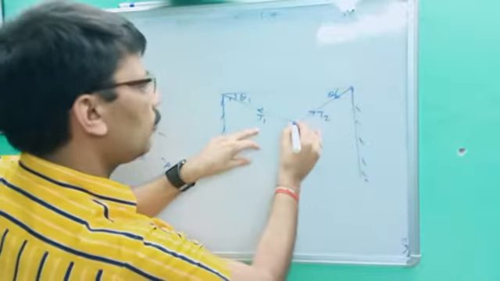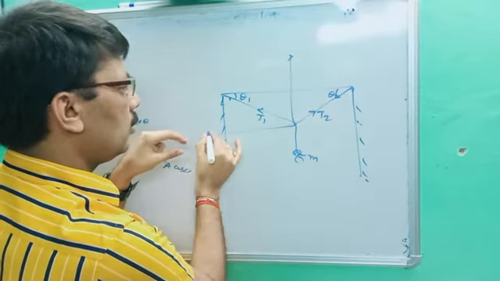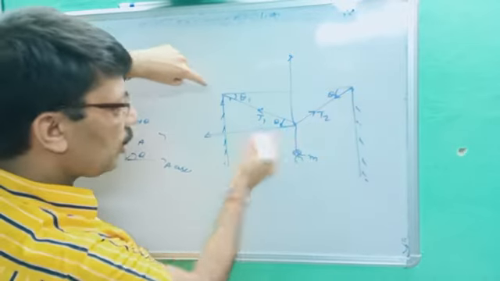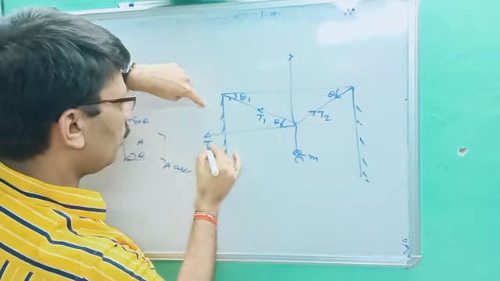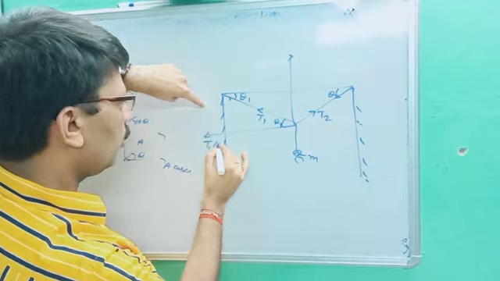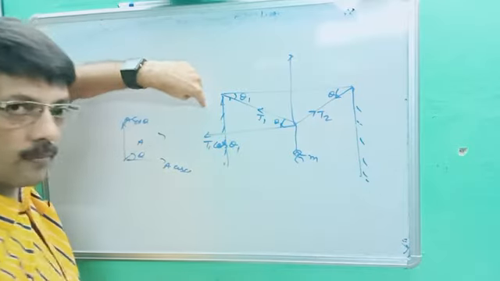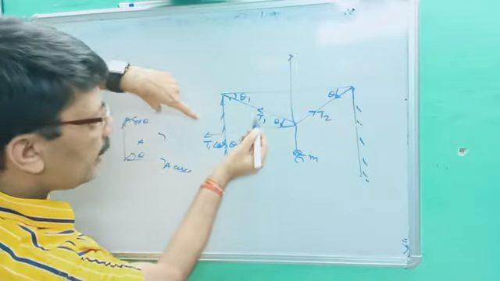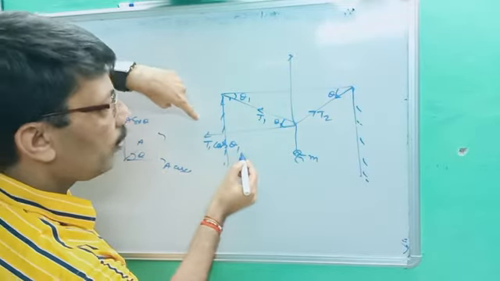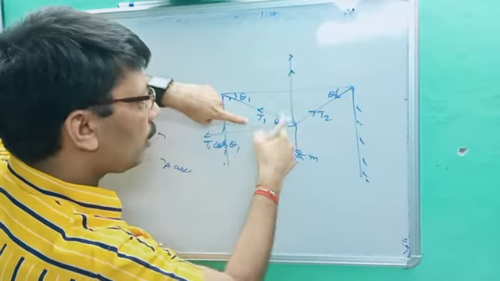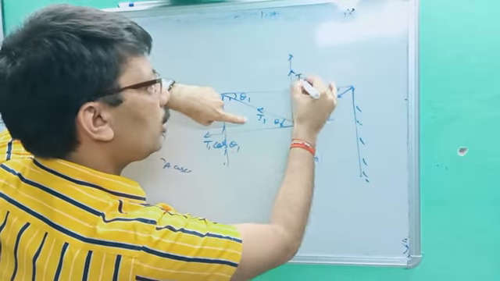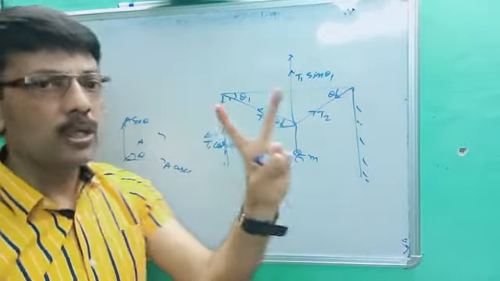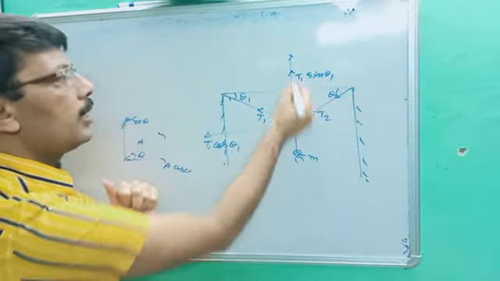So directly we can do this and this. This is theta 1, no doubt this angle will be theta 1, alternate angle. So this is the base for T1, so it will be called T1 cos theta 1. Are you getting the point? Same way as here A was called A cos theta, it is T1 cos theta 1. Similarly, this is the perpendicular for T1, so it will be called T1 sin theta 1. Are you getting it? I have resolved T1 into two components, T1 cos theta 1 and T1 sin theta 1.